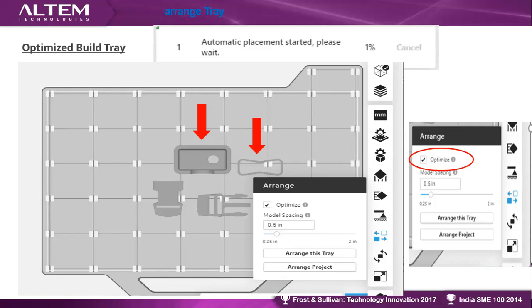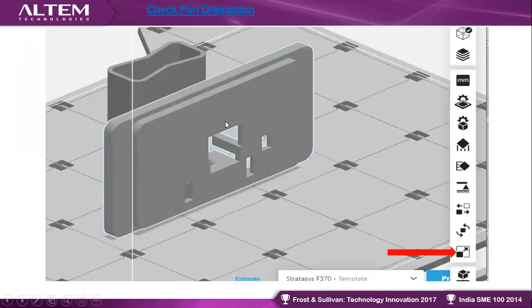And the next option that I'm going to discuss is orientation. You all know the importance of orientation, right? I know many of you are choosing the orientation manually.